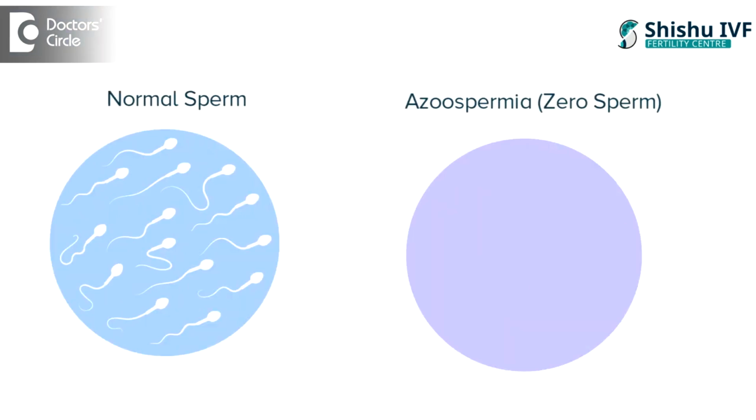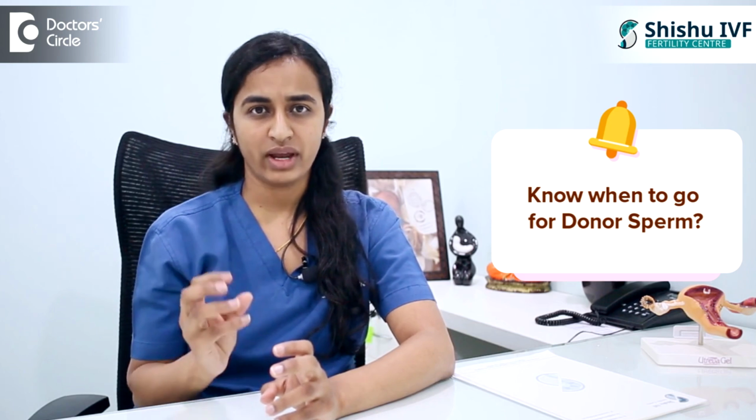There are various categories of patients. When we come to donor sperm, it is when we do semen analysis and we see azoospermia. That means there is no sperm seen in the semen sample. And when we do certain other blood investigations or scans, we will know it is a testicular failure. We will not be able to retrieve sperms out of the husband. So that is when we give them the option for donor sperm.